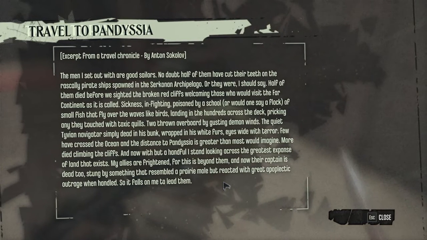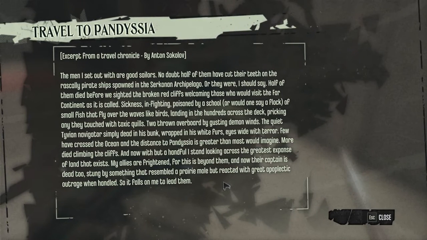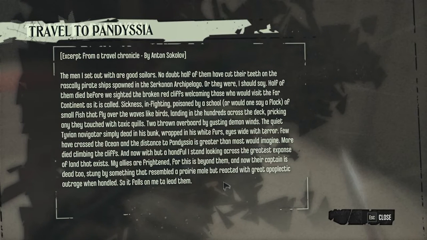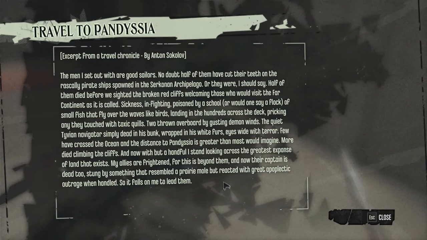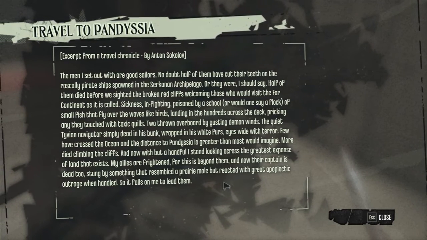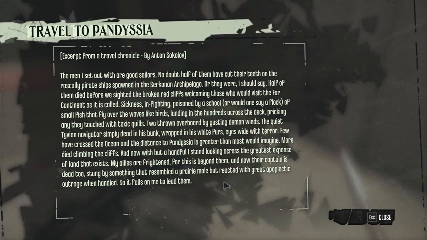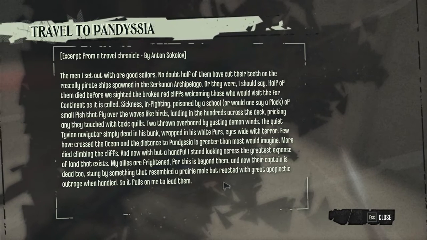Travel to Panacea. Excerpt from a travel chronicle by Anton Sokolov. The men I set out with are good sailors. No doubt half of them have cut their teeth on the rascally pirate ships spawned by the Sarkodian archipelago. Or they were, I should say. Half of them died before we sighted the broken red cliffs welcoming those who would visit the far continent, as it is called. Sickness, infighting, poisoned by a school, or some would say a flock, of small fish that fly over the waves like birds, landing in the hundreds across the deck, pricking anything they touch with toxic quills,